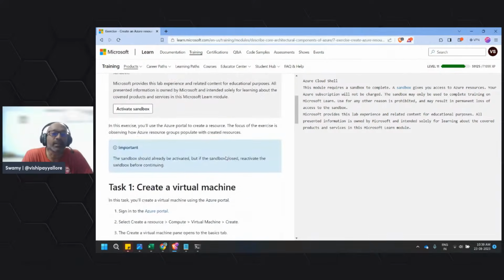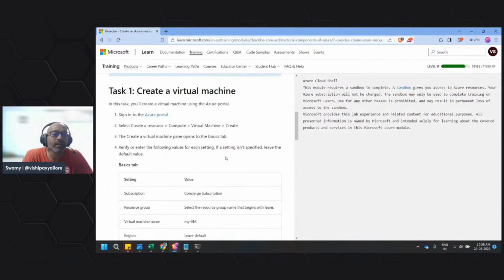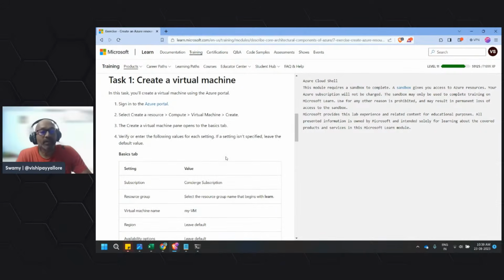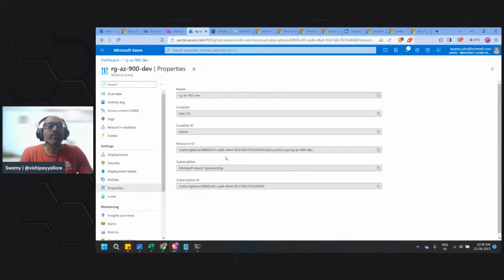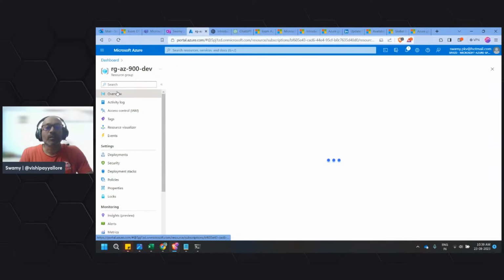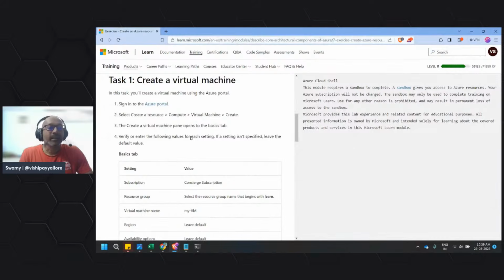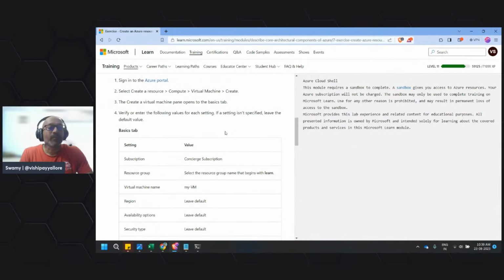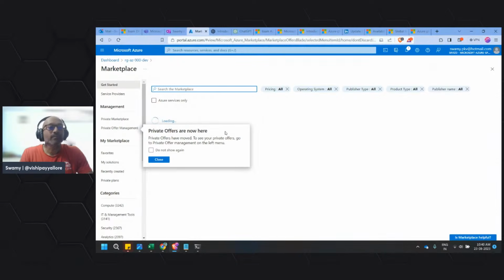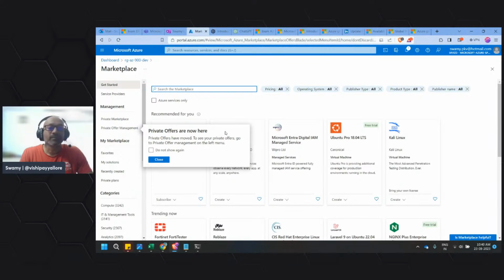So in this sandbox, we need to create a virtual machine. So we'll go ahead and create the virtual machine. Let me come back to this resource group. Okay, I'm back here. I just click on create. Let's see that will go. And if you go and click on,